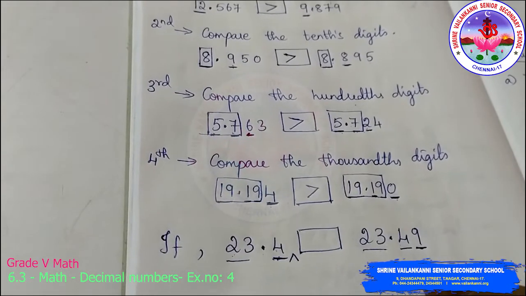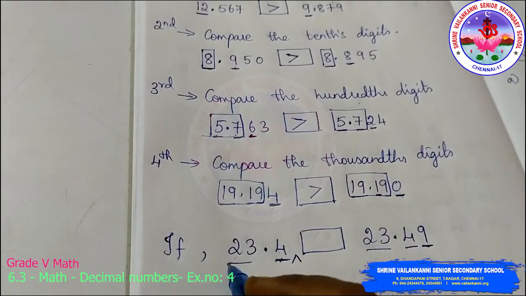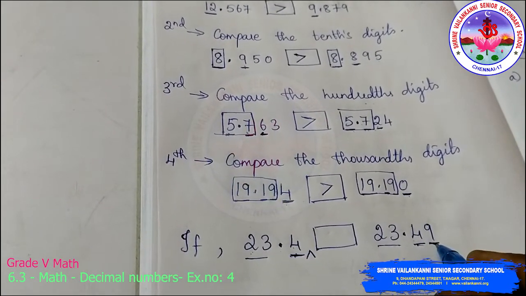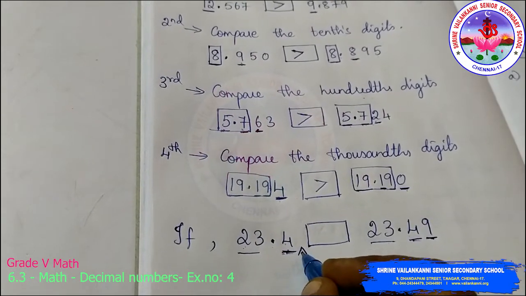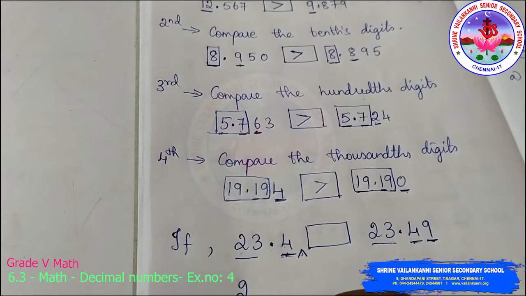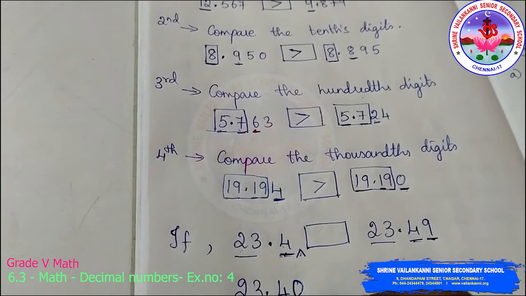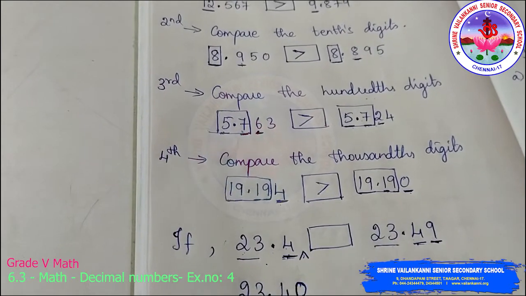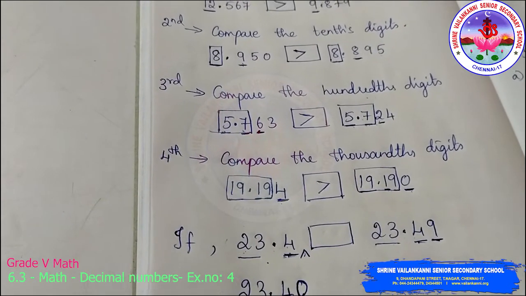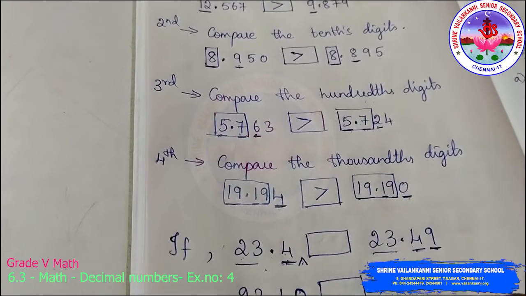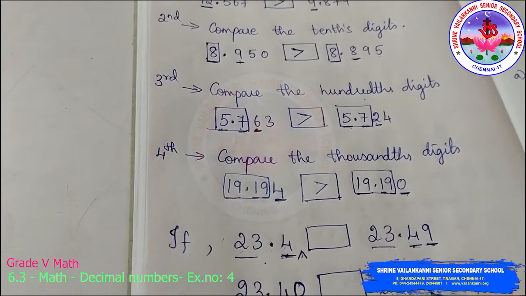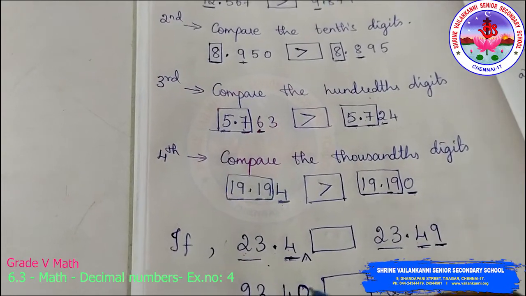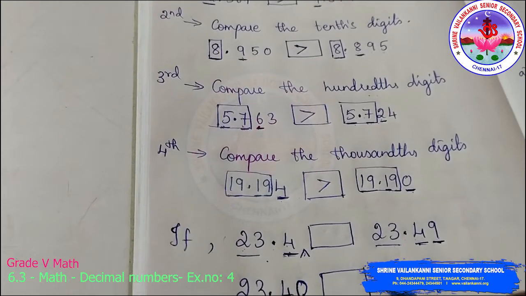Even if we don't have this hundredths place value, we can consider it as equal. But here we have to change this number after the decimal. Here there are 2 places, no? So here also we have to make it 2 places after the decimal. So 23.40. That is, we have to convert this decimal number into a like decimal number. Here I have added one 0. Now if you compare 2 places after the decimal, 2 places after the decimal, 23.4 are similar.